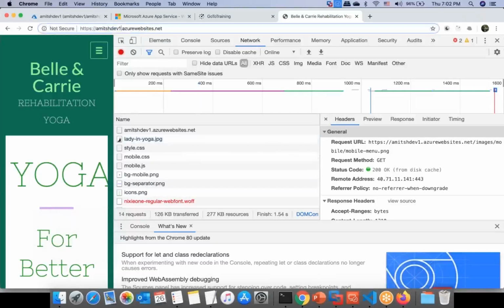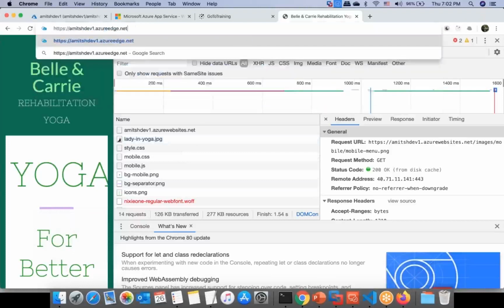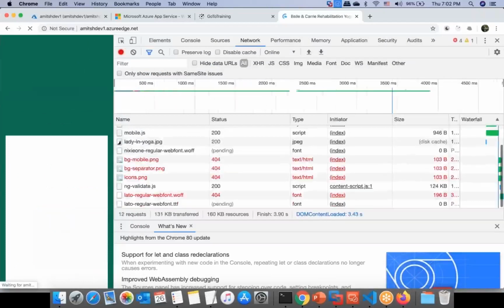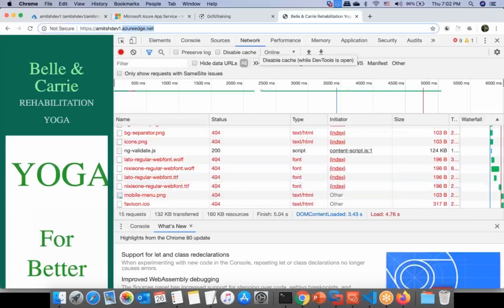Let me do it again one more time. Okay, I think the font also has not been loaded. I gave a different URL than that. Okay, I have to re-change the URL and the site. But my point is now, if I just hit onto Amit Azure Dev dot one dot